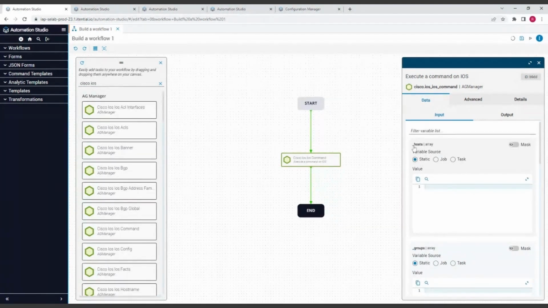They're grouped here. So something called hosts, and you want to pay attention to the variable types, right? This is asking for us to provide a variable either statically or through some other previous task, and we'll get to that in a minute. And it needs it in the format of an array. So you need to know some basic general concepts of different variable types as they're expressed in a JSON object. And an array is very simple in a JSON object. It's these brackets along with, in this case, since it's a string,